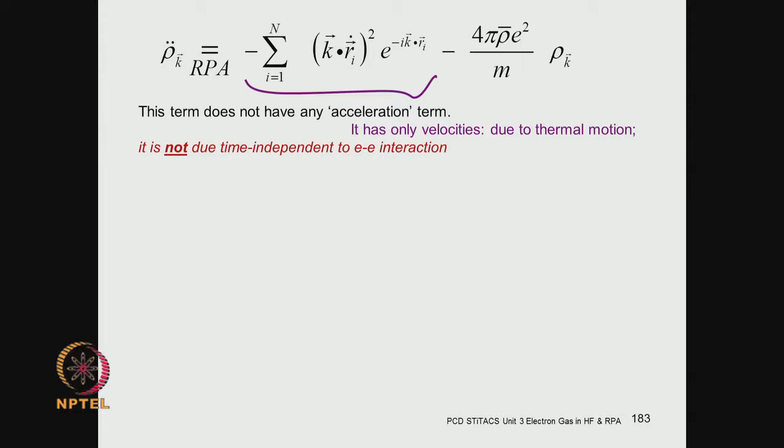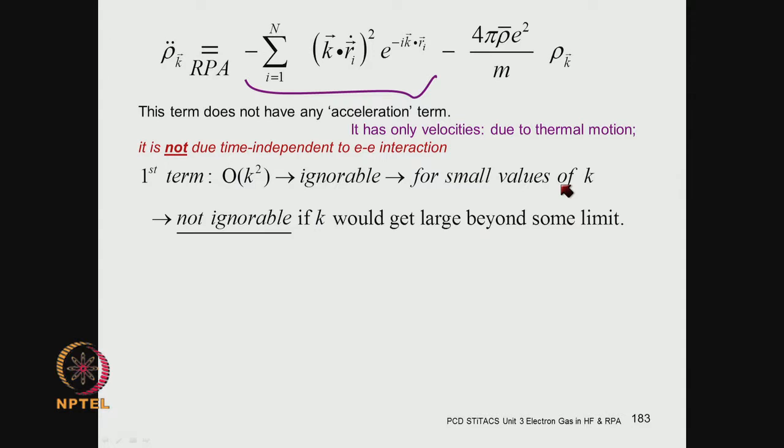It is not due to that. So, the first term, which is of order k square, will be ignorable for small values of k, and if we do that,